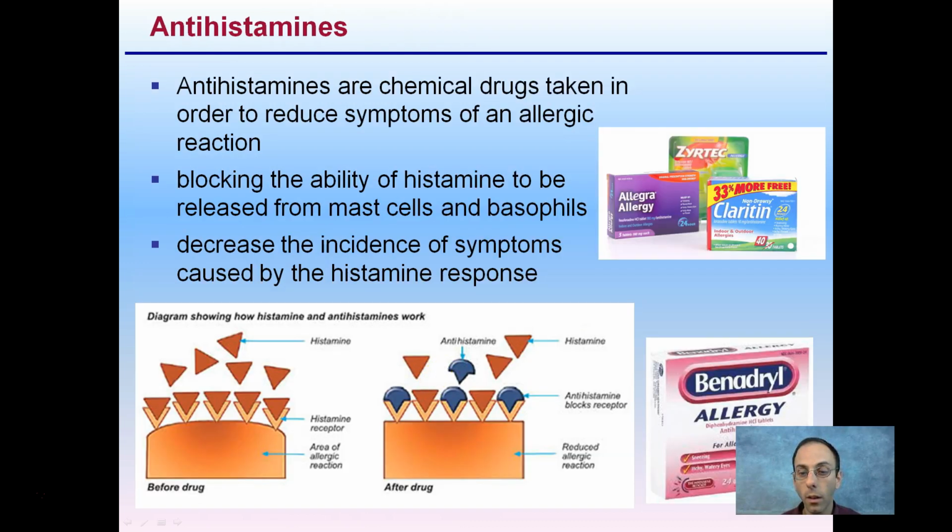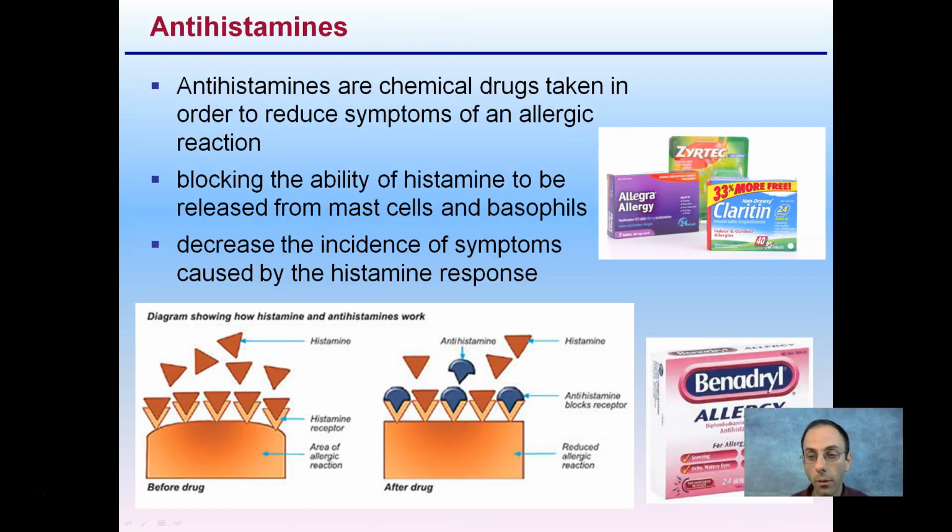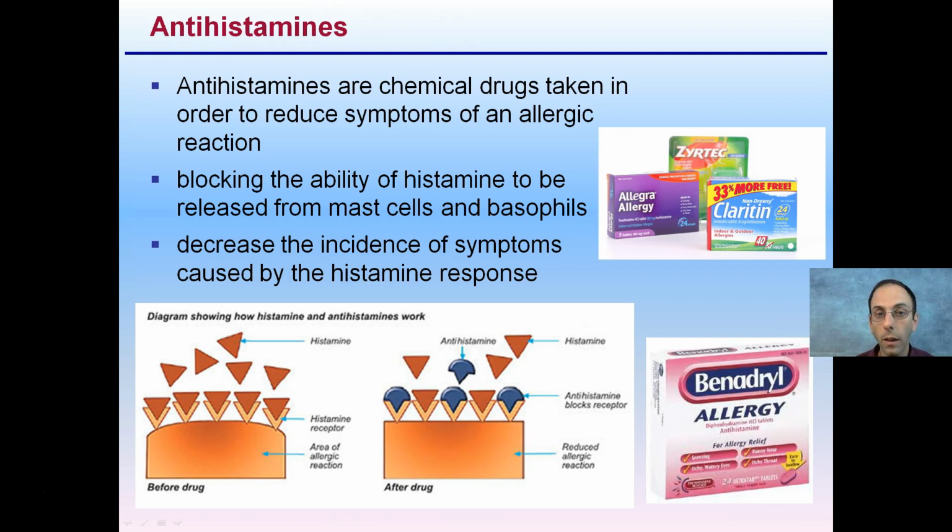Now, in relation to an allergy, we have things called antihistamines, and they're chemicals or drugs taken in order to reduce symptoms of allergic reactions. They block histamine, as we see here, they're blocking some of those receptors released from the mast cells. They decrease the incidence of symptoms caused by histamine response. So because histamine is not able to bind to all these receptors,